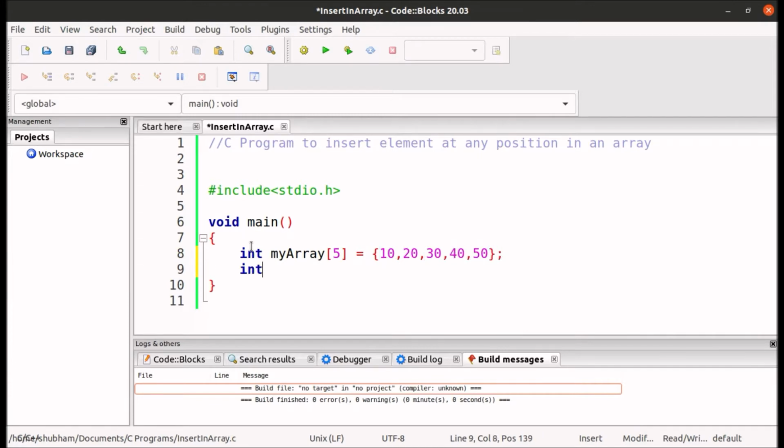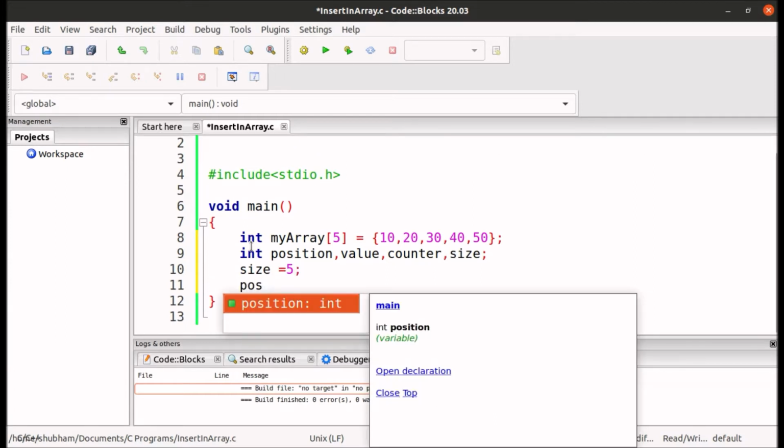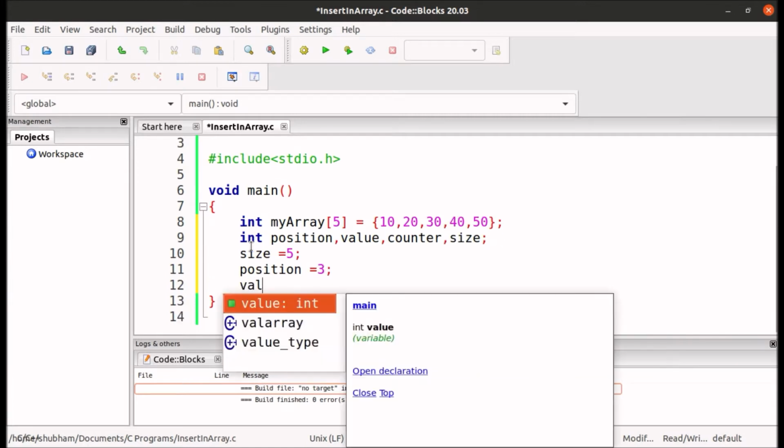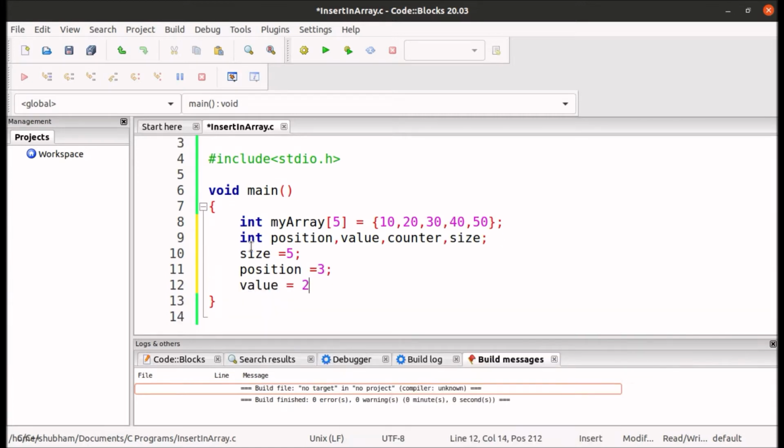After that, I am creating some variables: position for in which position I want to insert the element, value, the actual value of the element, a counter to loop through the array, to print counter for printing the value of the array elements, and size to store the size of array. Currently the size of array is 5. Position, I want to insert the element at position 3. The value I want to insert is 29.